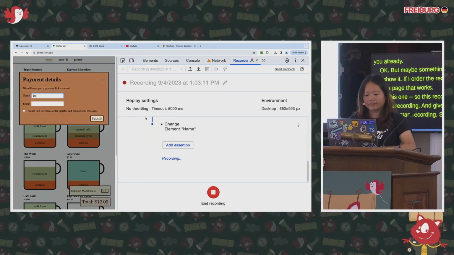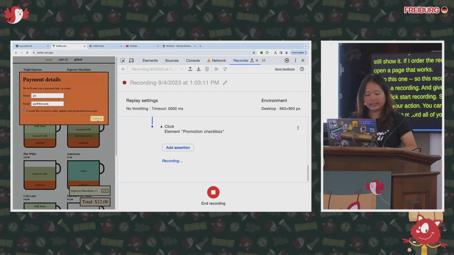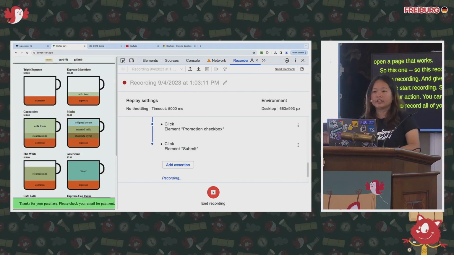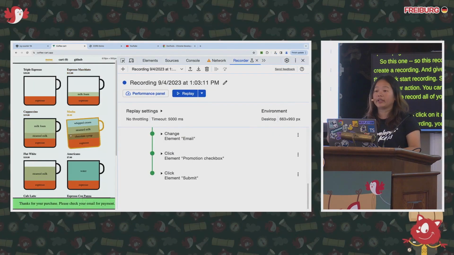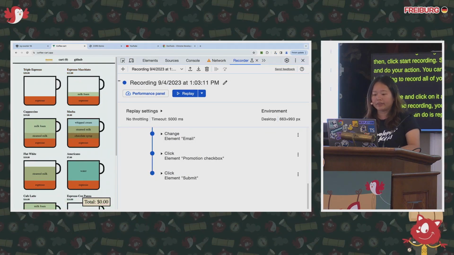You can see that DevTools is just trying to record all your actions, just like any other tool. .com, and then click on it and then submit it. So once you finish the recording, you can end it. So the next time, you can replay the recording, and it will replay it on the page. So let's say if you want to test something repeatedly, you can record and then do that. And not only that, you can download it.